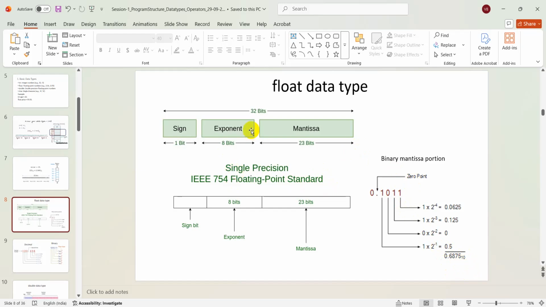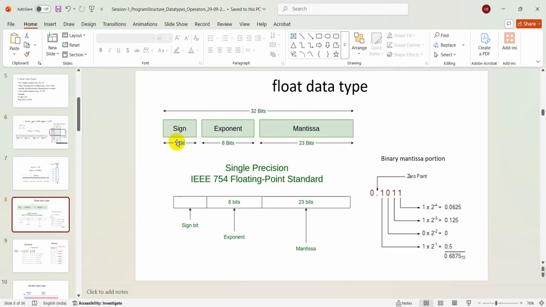So before that, a floating point data type also has 4 bytes of memory, which is 32 bits. However, all the 32 bits are not used to store the exponent component of the data only, because here you have the exponent and then you have the mantissa also. After the decimal, that is mantissa portion, and before the decimal, that is the exponent portion. So for the exponent portion, 8 bits is allocated, and for the mantissa portion, 23 bits are allocated for a floating point data type, and then 1 bit will be for the sign, whether it is a positive number or